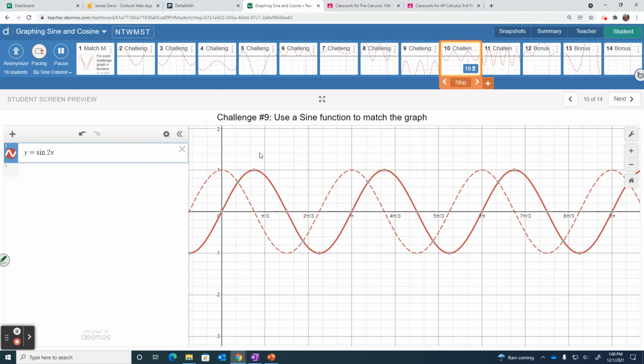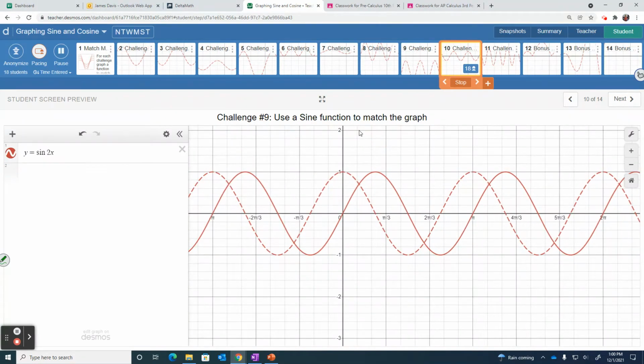So then basically what you need to do is figure out, you can actually shift it either way, this way or this way, to make it match. So then what you do is you put a parenthesis, and we haven't practiced too much of the phase shift method, so that's why we're not practicing too much today. And then it's